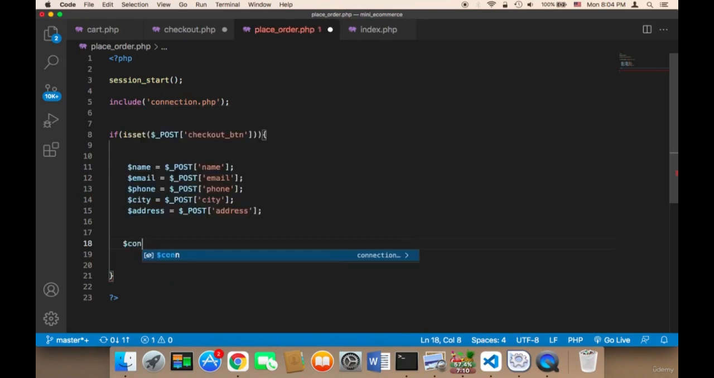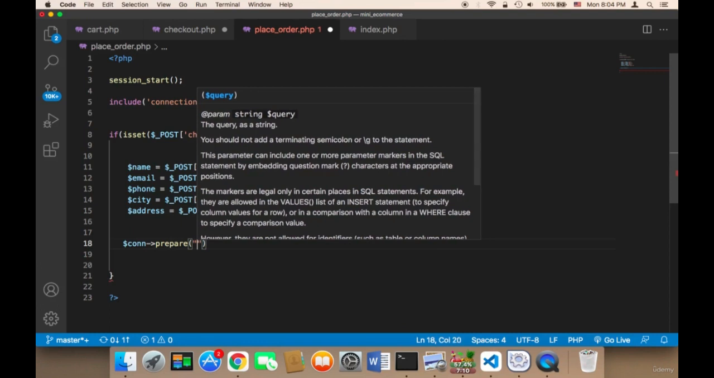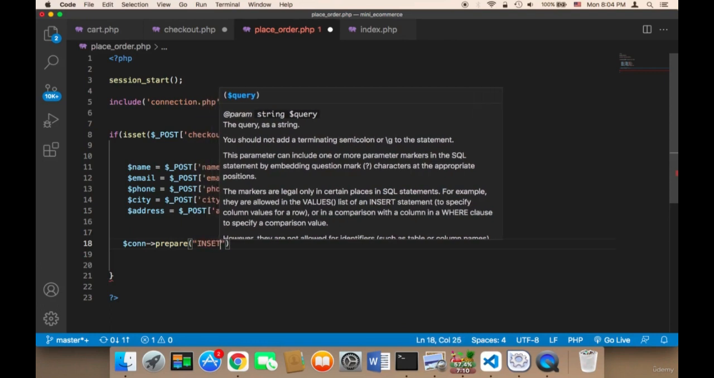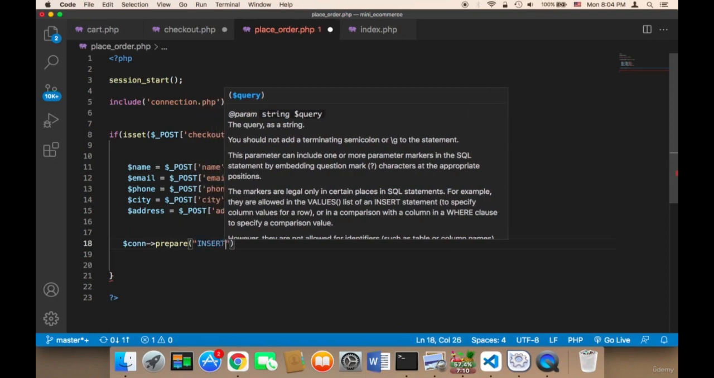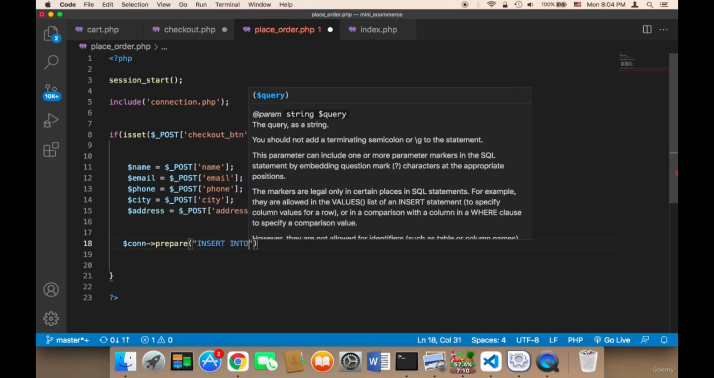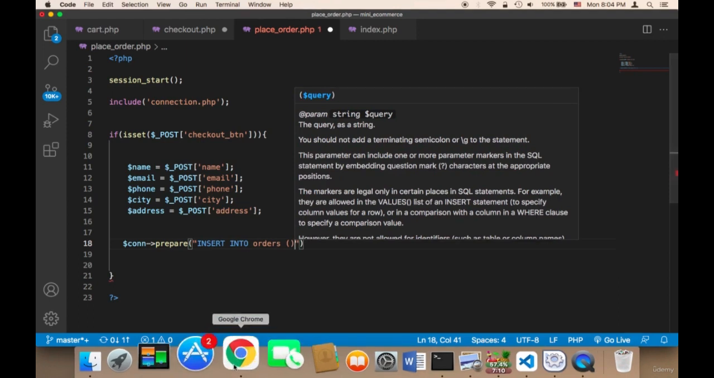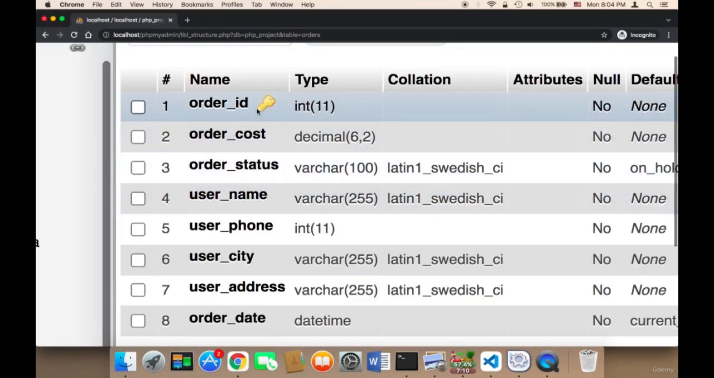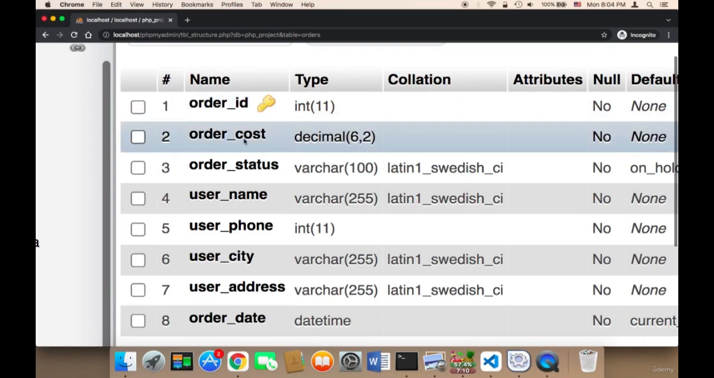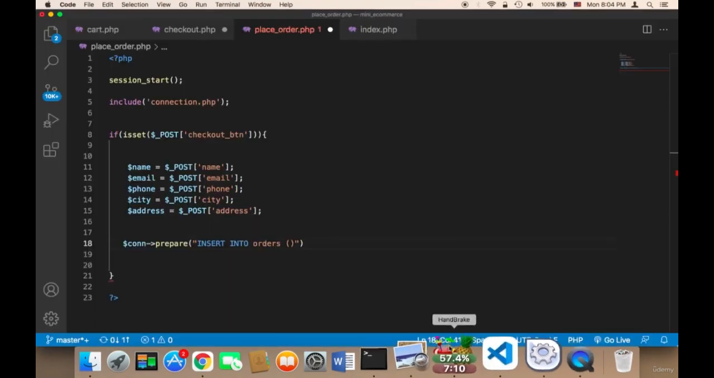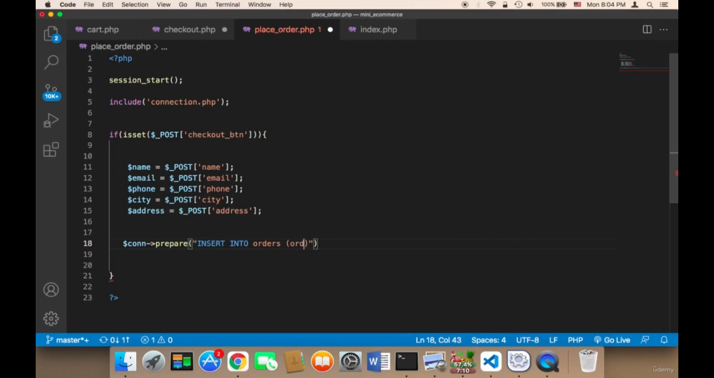I'm going to say con, and then prepare. And then what we want to do is say insert into, and then the name of the table. The name of the table is orders, and then we want to insert the cost. Of course, the ID will be created by the database. You shouldn't be creating an ID. The ID is automatically created by the database. So we need to start by inserting the cost. So I'm going to say order_cost,